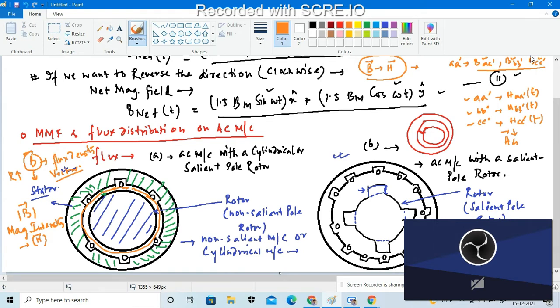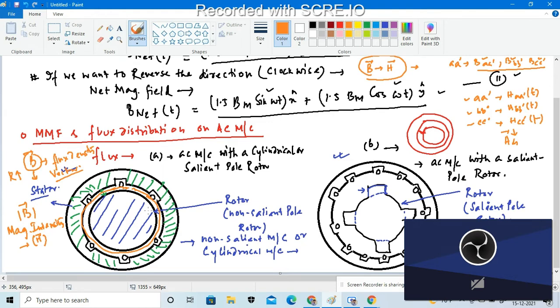Because in figure A we are considering a two pole machine, having six different slots of conductors. So that particular mmf will vary the number of conductors in each slot in a sinusoidal manner. The magnetomotive force results from the winding arrangement of a particular stator. The number of conductors in each slot is given by some equations. We are only emphasizing the non-salient pole machine, that means we are considering figure A only.